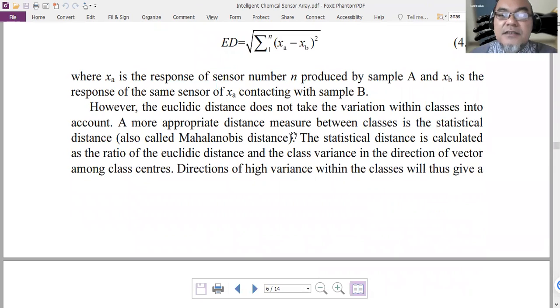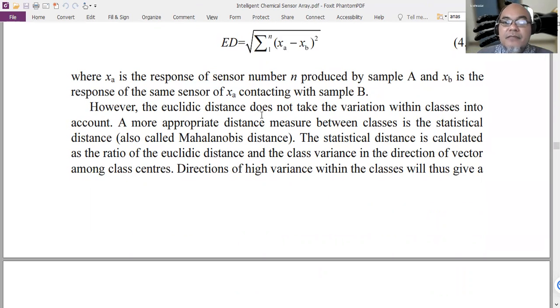However, this Euclidean distance does not take the variation within classes into account. A more appropriate distance measure is called the Mahalanobis distance, the statistical distance. Here is the statistical distance because